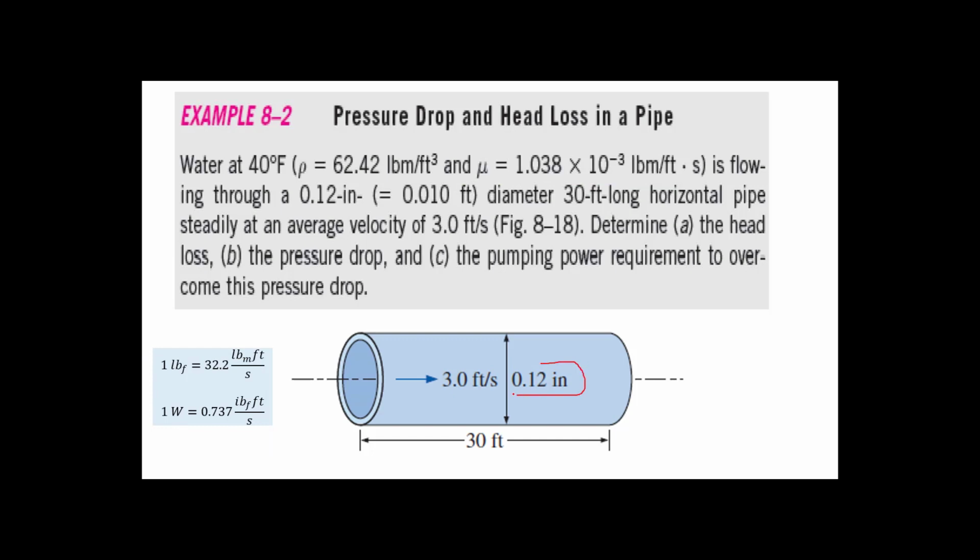Okay, here is the diameter, and this is converted to foot. Its length is 30 foot long, horizontal. This is a horizontal pipe, constant diameter, steady state condition. And be careful here, it's written average velocity 3 foot per second as shown in the attached figure. Determine the head loss, so we need to find HL